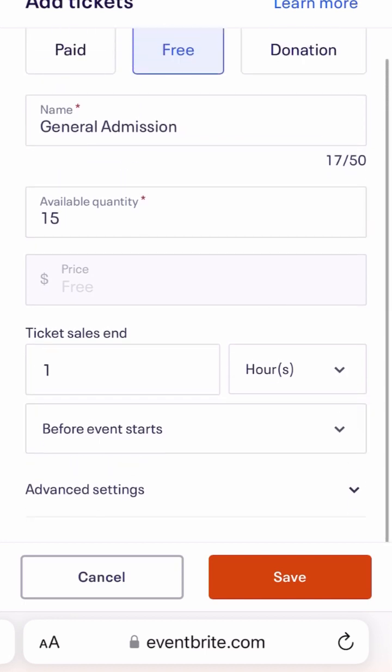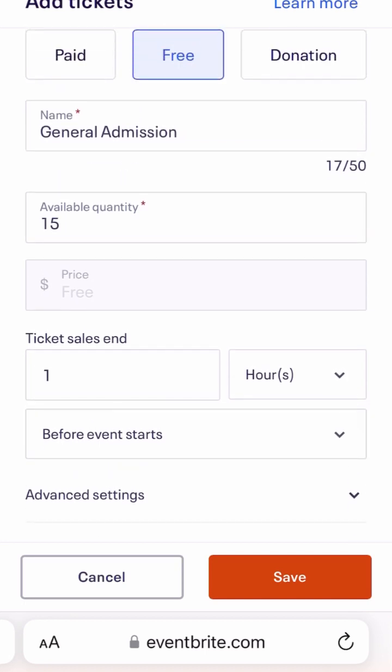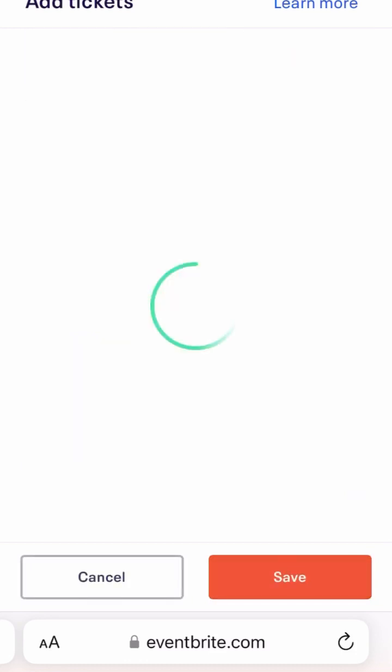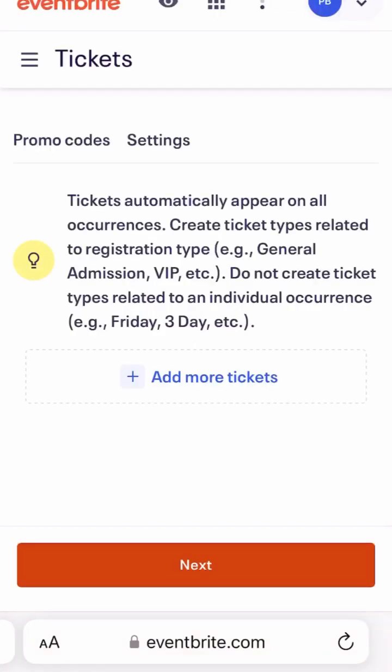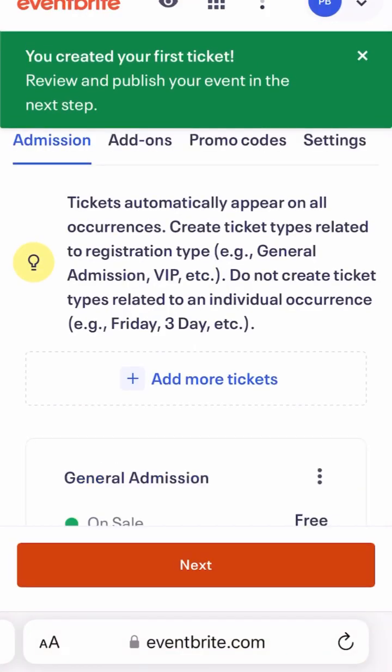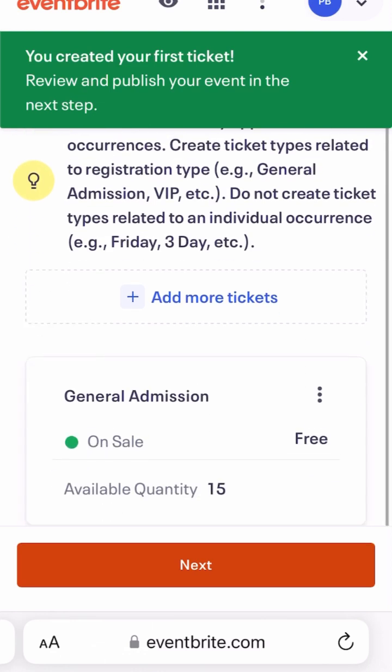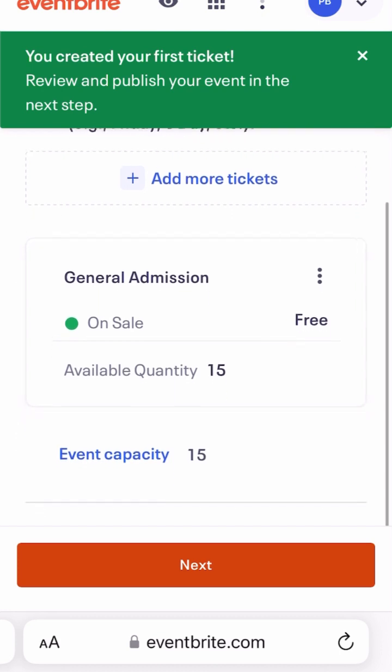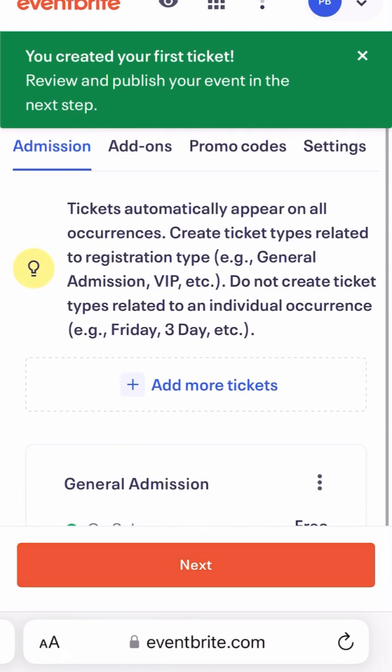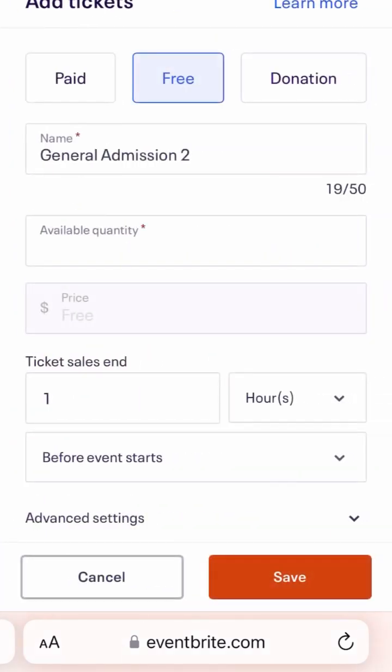But I do know that any event, I believe, can go up to 25 tickets for free. So for this one, I just did 15 free tickets, and they'll give you the on sale dates and the off sale dates. So if you want to stop and have a count beforehand, or if you want people to just be able to walk right on up, then you'll also be able to have it in like an hour before the event ends, or an hour before the event starts.